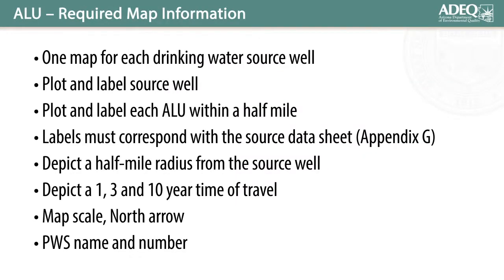The required ALU map information must contain a map for each drinking water well and the source well plotted and labeled with the appropriate ADWR well 55 number, along with each ALU within a half-mile radius of the source well. Also, ALU labels corresponding with the source data sheet located in Appendix G, a depiction of a 1, 3, and 10-year fixed calculated radius time of contaminant travel area, which represents the time of travel in which the source well could be impacted if a release occurred at a given ALU, a scale and north arrow, and the water system